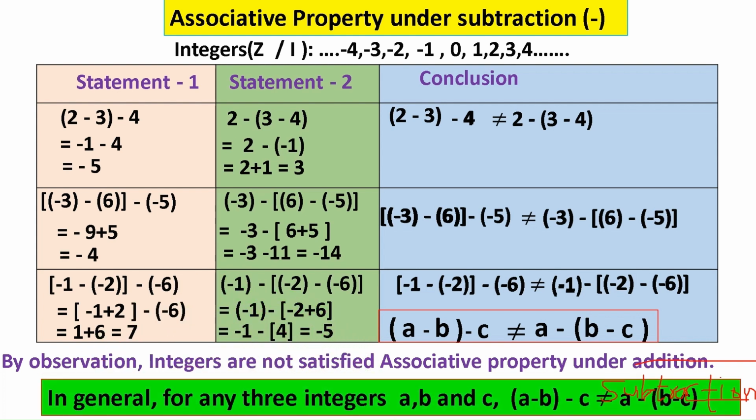Here in general, for any three integers a, b and c, a minus b minus c is not equal to a minus of b minus c. This is known as